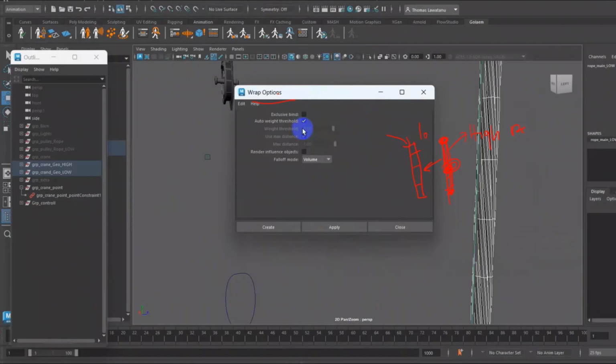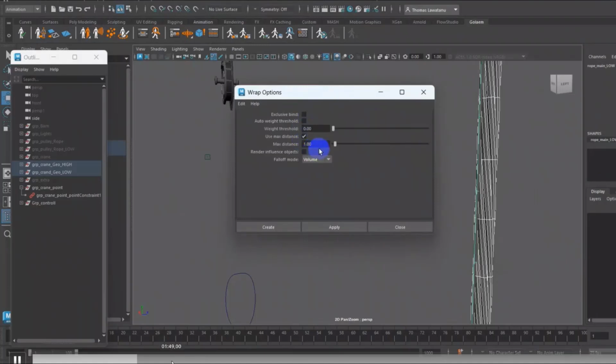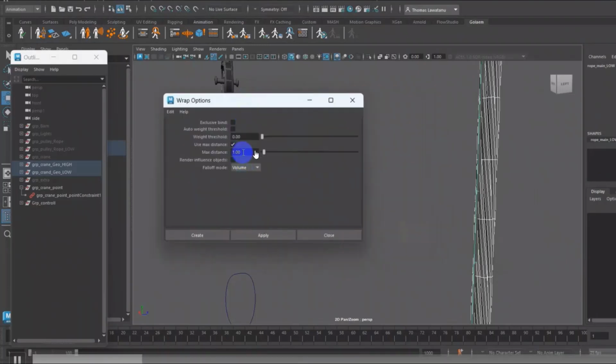Okay, let me continue because of the time. So I try the max distance from the distance. I think you can see the value. I don't want to go into more detail here, so you can play around.